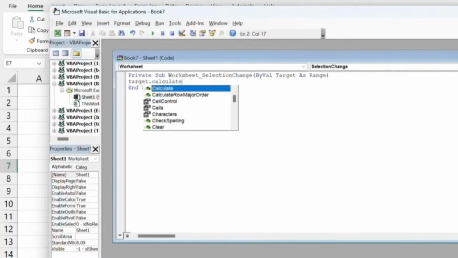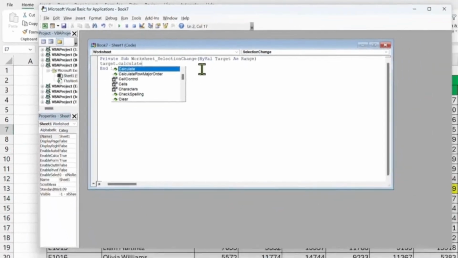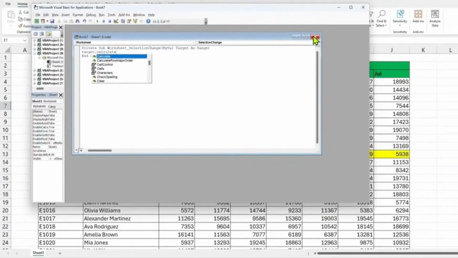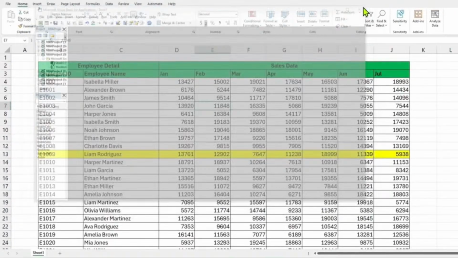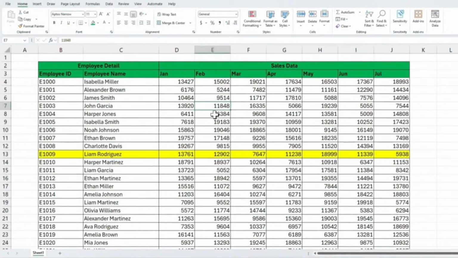मैं इसे दोहराता हूं, टारगेट डॉट कैलकुलेट। बस एडिटर बंद करें और अपनी वर्कशीट पर वापस आ जाएं। अब जैसे ही आप किसी भी रो पर क्लिक करेंगे, एक्सेल उसे आपके लिए अपने आप हाईलाइट कर देगा।